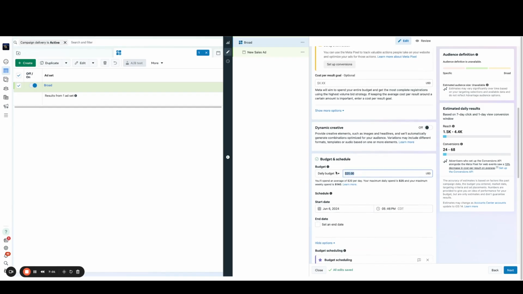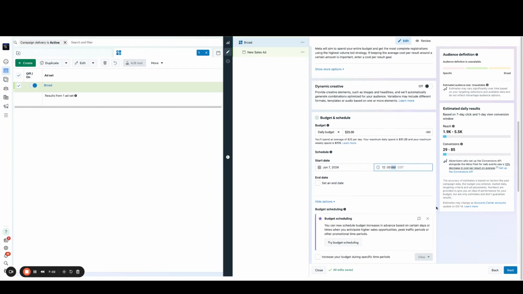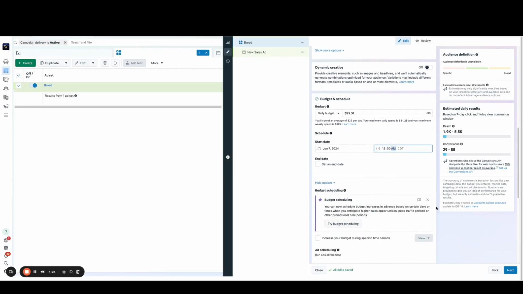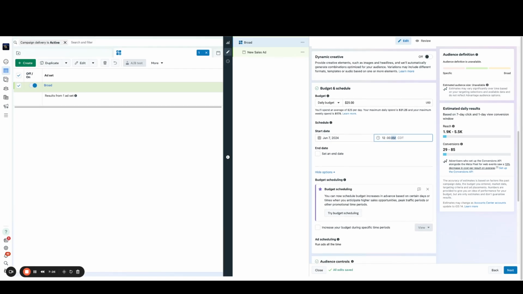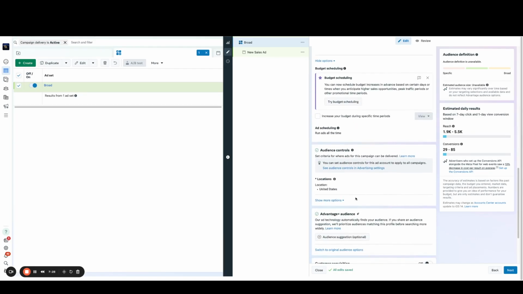We set our budget at $25 a day. If it's halfway through the day, I would say if it's anytime after 9 or 10 o'clock, I would set this for tomorrow. So we're just going to set it at midnight. That way your ad does not get approved at 9 p.m. tonight and just blow through your entire budget without any results. So giving it the best chance by being able to spend over the course of a full day starting tomorrow. So as we scroll down here,